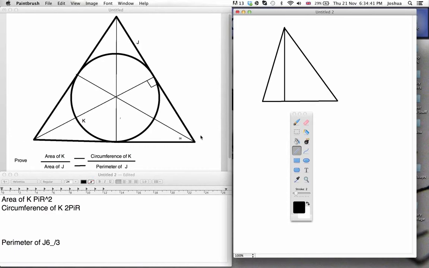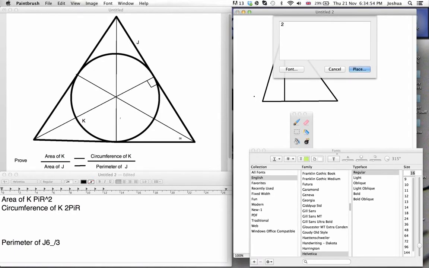times the base divided by 2. So let's work this out. What's the base again? The base is 2 the square root of 3, times the height, which is 3r. And remember, we ought to start using r, so it's going to be 2r square root of 3 times 3r,